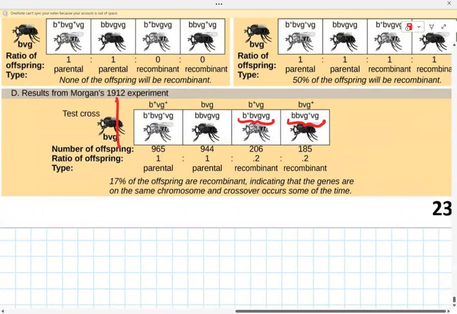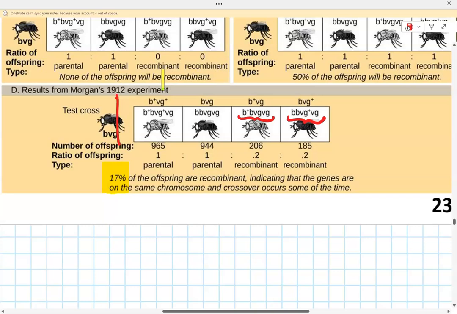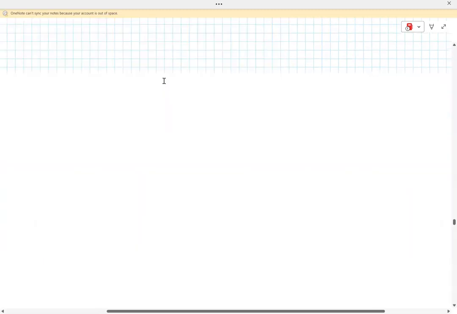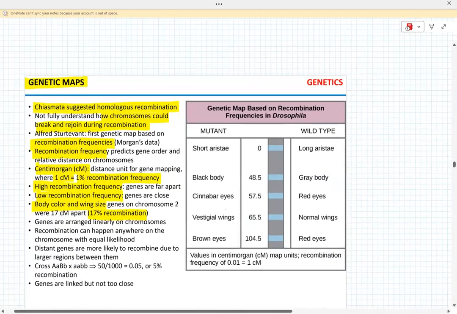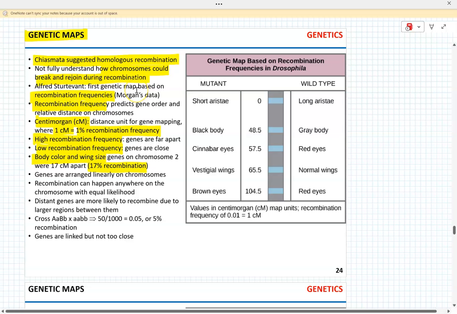Now, if you look at this, 17% of the offspring are recombinant. That essentially refers to that idea of the recombination frequency. Now, remember that genes are sequentially linear on the chromosomes, and that recombination, crossing over, can occur anywhere on the chromosome with equal likelihood. Now, that means that distant genes, as we just discussed, are more likely to recombine because they are separated by